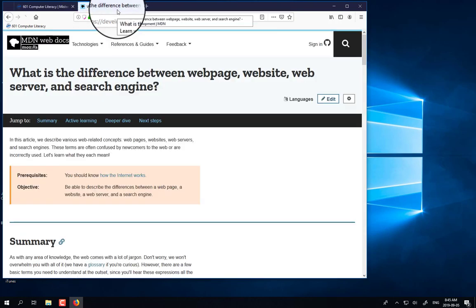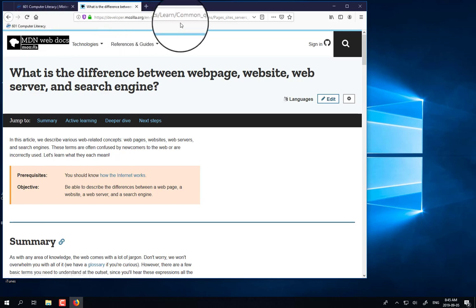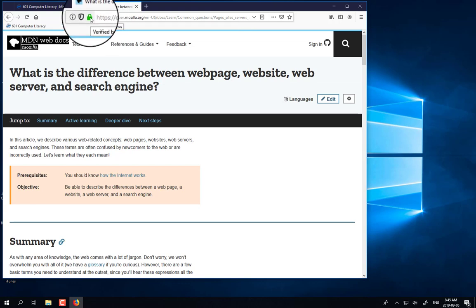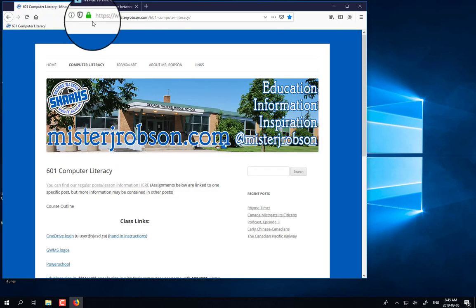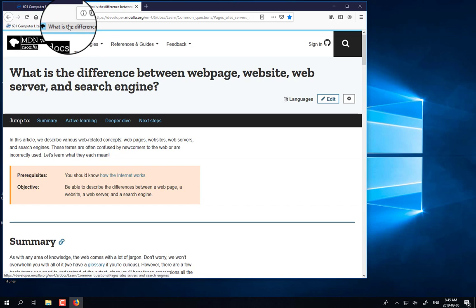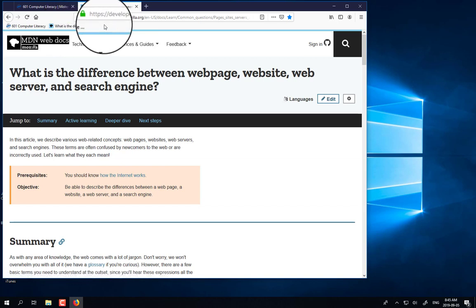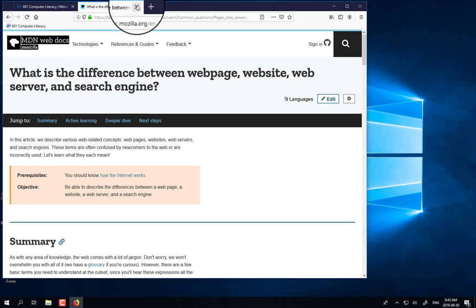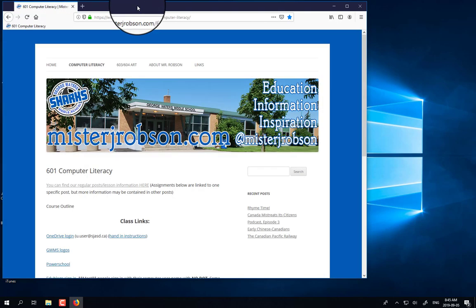Something else that you can do that's kind of cool is if you have this bookmarks toolbar open, which I do now, if you're on a page that you want to bookmark, there's always a little picture here. Sometimes it'll be a picture of a lock, sometimes it'll be something else. If you take that and drag it down onto this bar, it'll create that bookmark for you. So I think that's a super handy thing to do. So there you go. So that's my website, and how to bookmark it, and how to make it your homepage,